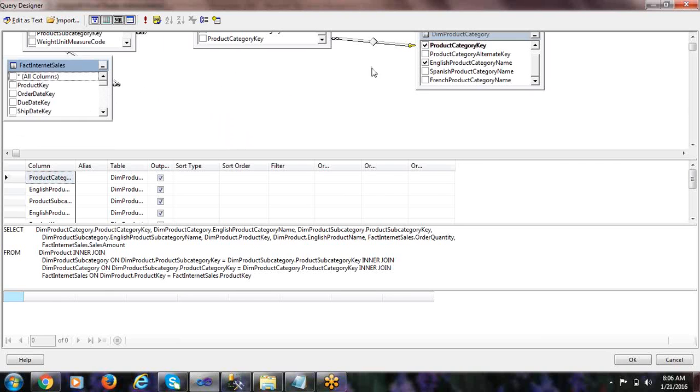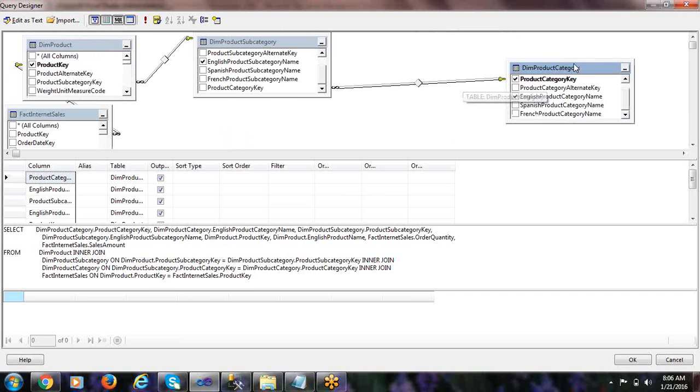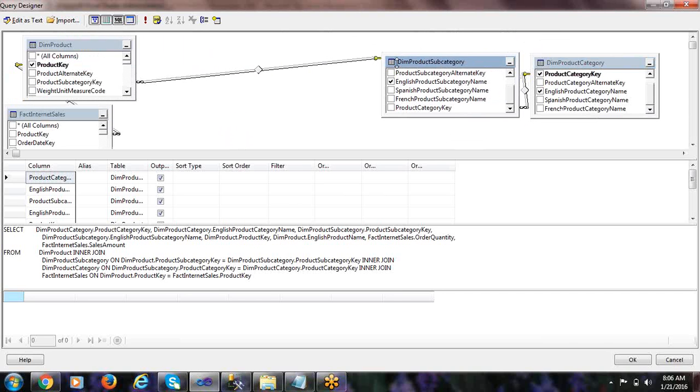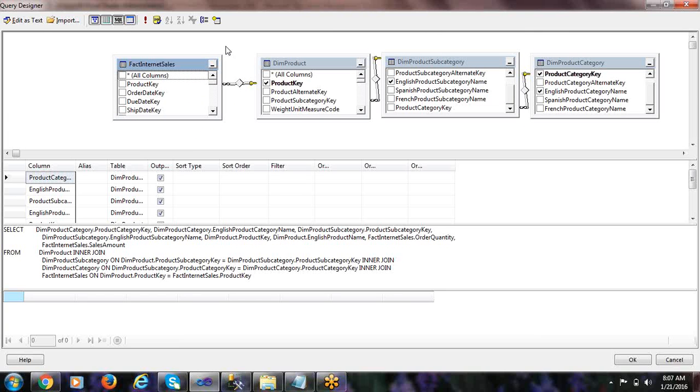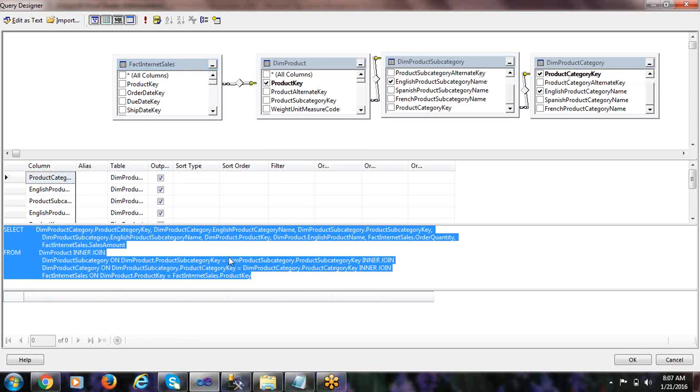Let's make it something like this. Okay, see, we know that by clicking on add table, we select the required tables, then we make a join. See, the entire query will be built like this.